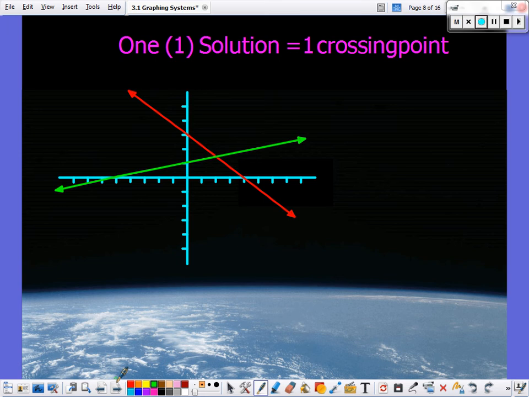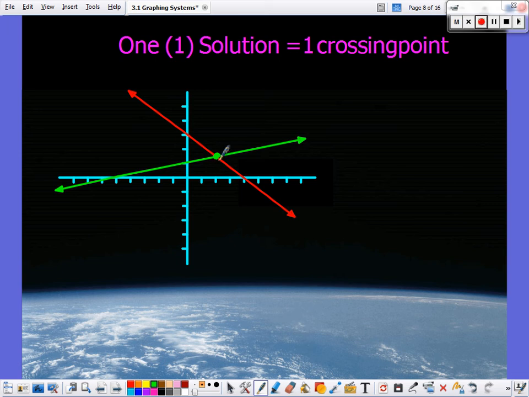But first, let's take a look at the single solution, where it crosses at one single point. So we have a linear equation here in green and a linear equation in red, and what we're looking for is a value where they cross. Now, because we don't necessarily have graphing calculators to use for this,